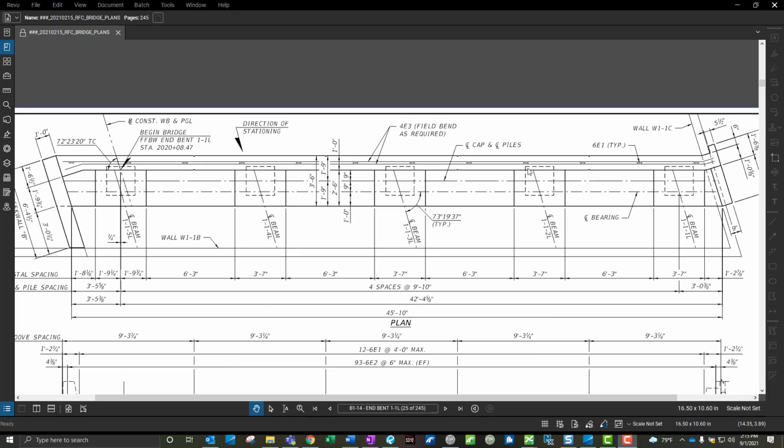When it comes to OpenBridge Modeler, there are some things the default tools aren't going to be able to handle. A good example of that is endbents or abutments in different states. Endbents vary from state to state, and the requirements vary quite a bit and are very customized from state to state. This particular case here in Florida, based on the skew angle of this bridge, and depending on